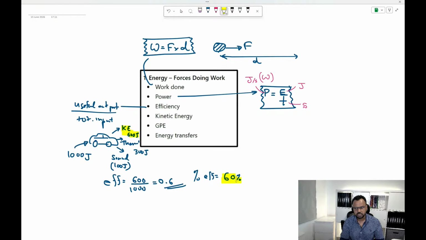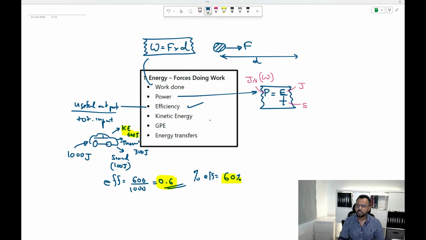Thumbs up if you understand this. Efficiency, give the decimal or the fraction. Percentage efficiency, you multiply it. Many students give percentage efficiency when the question is just efficiency. It's not a big deal, but that's not really what is expected. The mark schemes contain 0.6 if they're asking the efficiency rather than percentage efficiency. Good. Moving on.